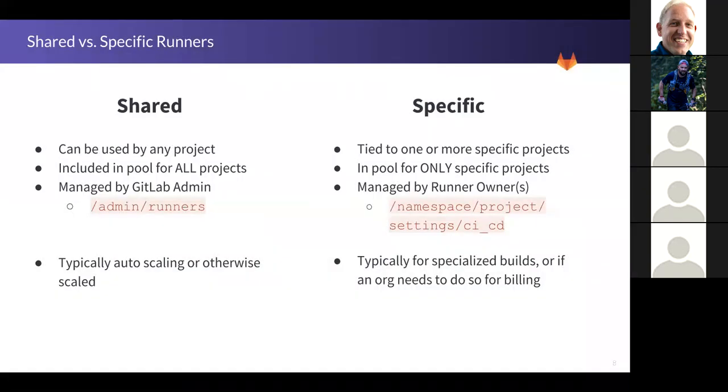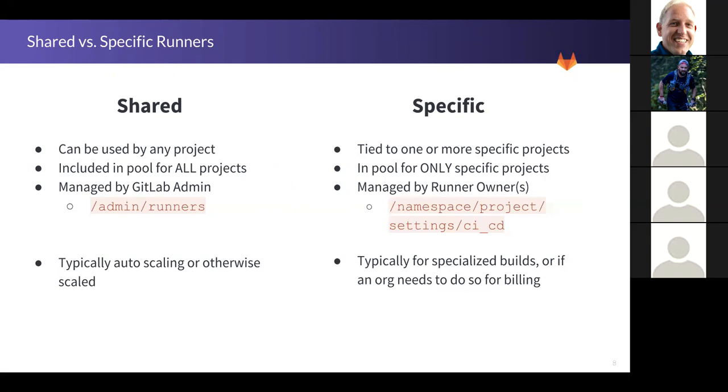First of all, a shared runner is one that can be used by any project. In most cases, the GitLab admin, the DevOps team, the tools team that owns GitLab is going to stand up some N number of runners that can be used by any project.